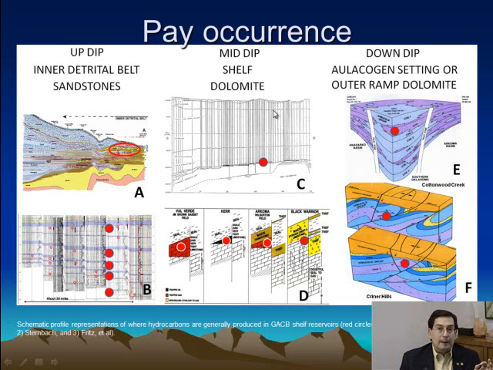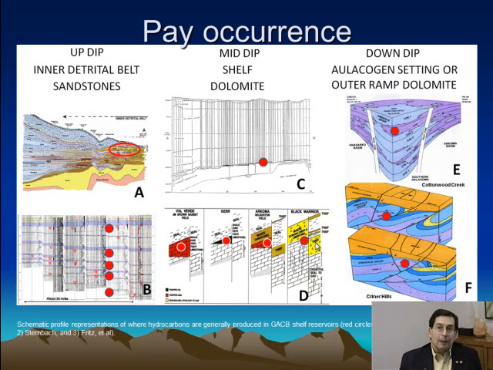If we look at the mid-dip shelf dolomite setting in the middle, which is where most of the production comes from in the Great American Carbonate Bank, it's clear that whether we're in unconformity traps like those in Kansas or in big structural blocks such as the Permian Basin and Oklahoma, there are big dolomite reservoirs, but the pay is basically in the top of the Arbuckle, Ellenberger, Knox, and the limits of the pay are controlled